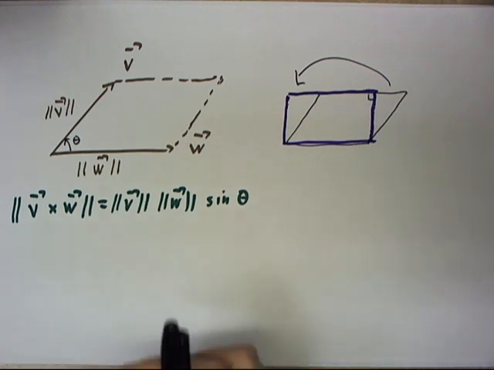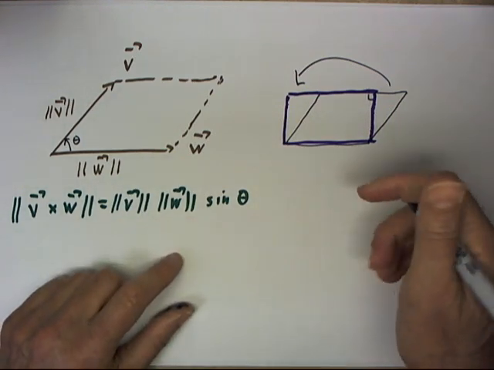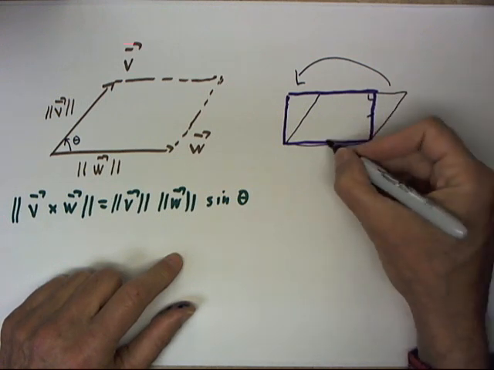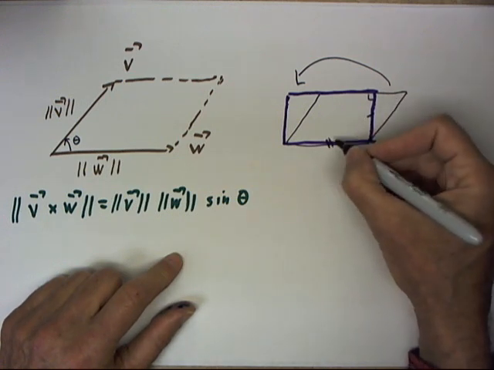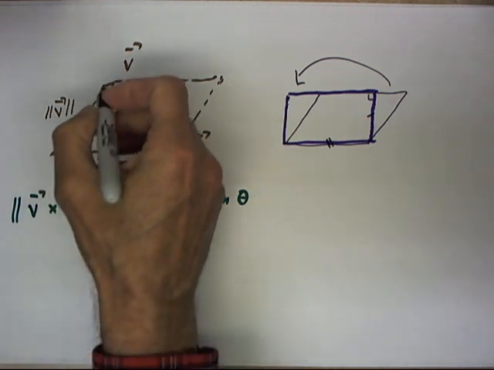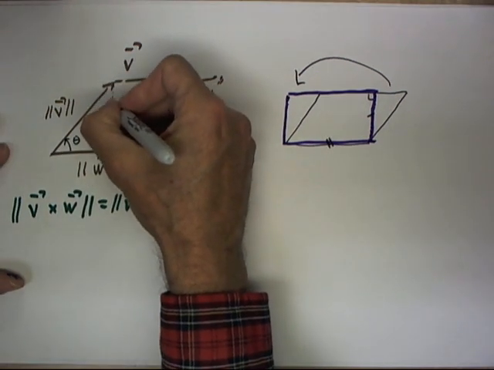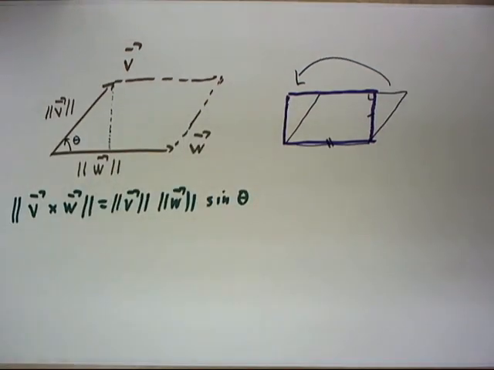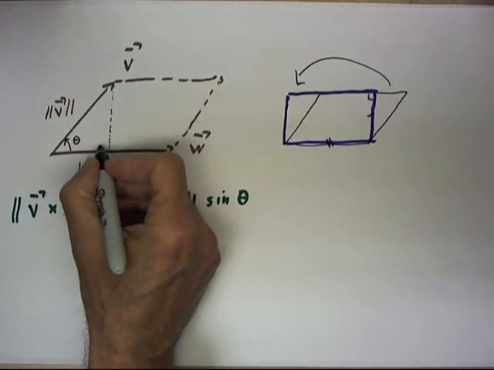Now, the area of that rectangle is equal to whatever the length of this side is multiplied by whatever the length of this side is. If we apply that idea to this parallelogram, we see that we can construct